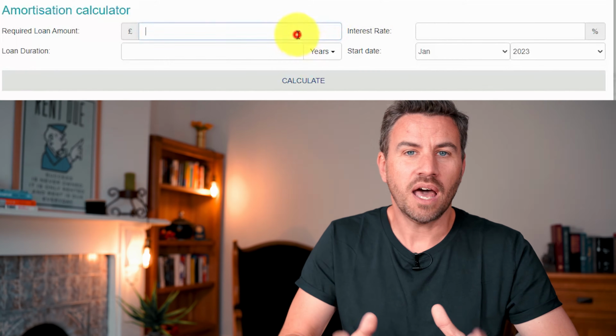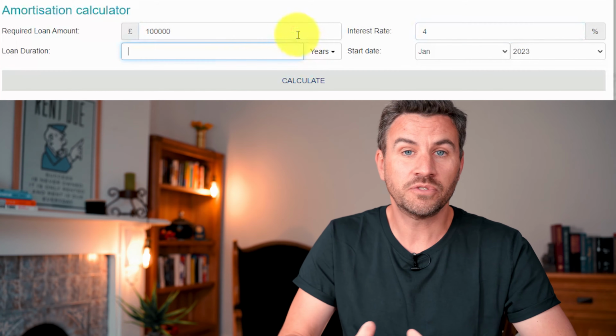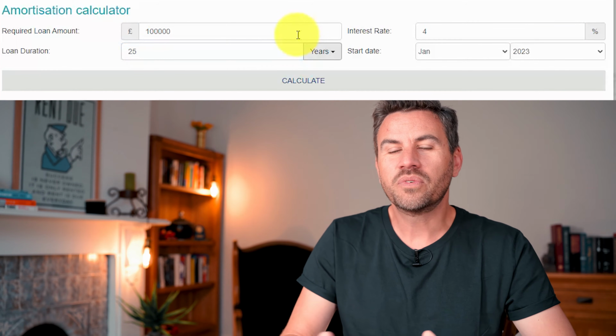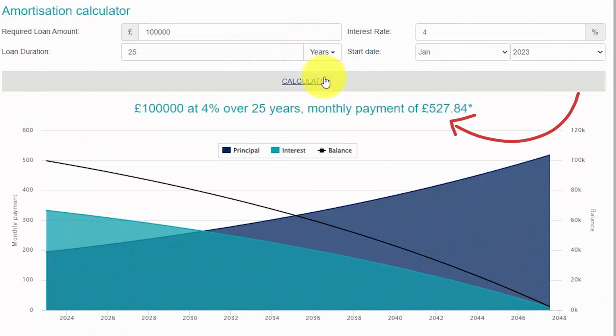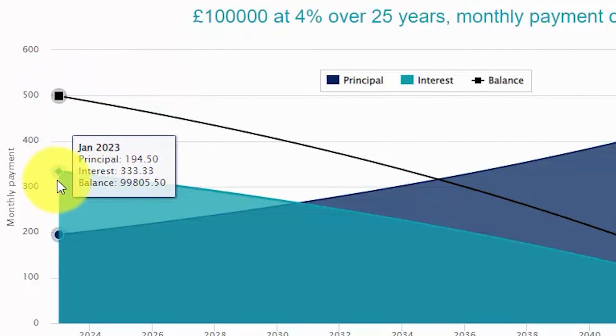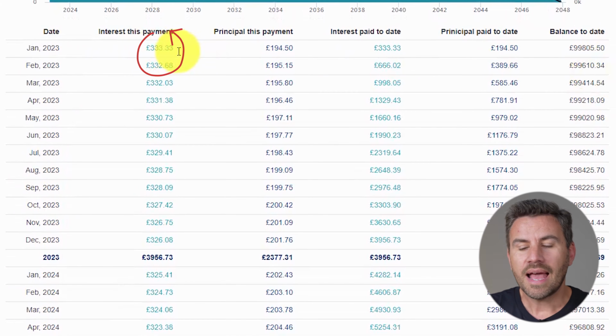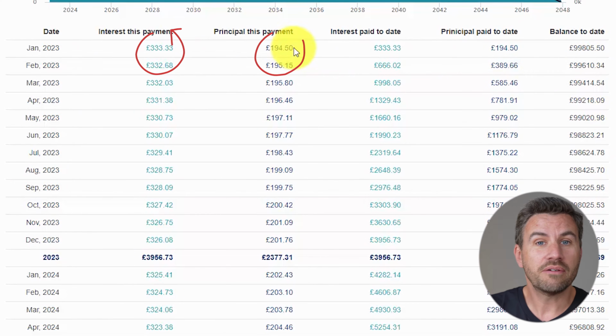So let's take the example of a buy-to-let repayment mortgage that's £100,000 with 4% interest rate, and we're going to take it over a term of 25 years. This would mean that we've got a monthly repayment of £527.84. And this is made up of interest and principal payments. And the interest component is going to be about 333 quid, and the principal amount is just going to be around £194. So after the first 12 months of paying over 6 grand, we've only paid off the principal amount